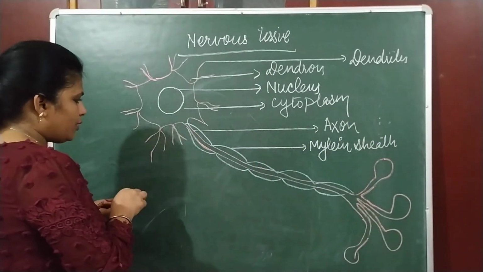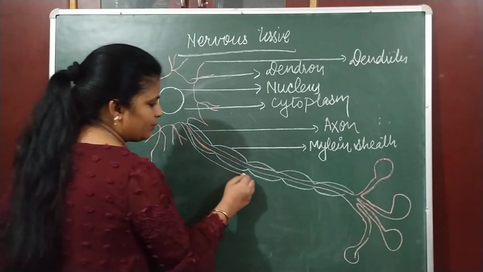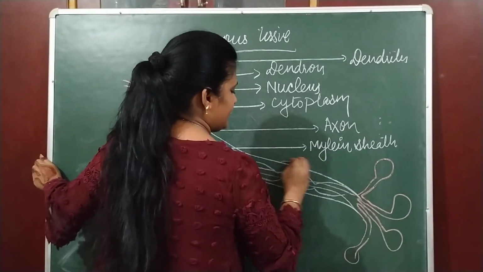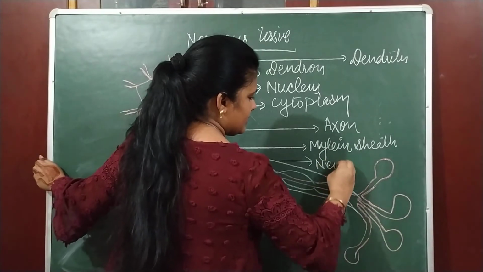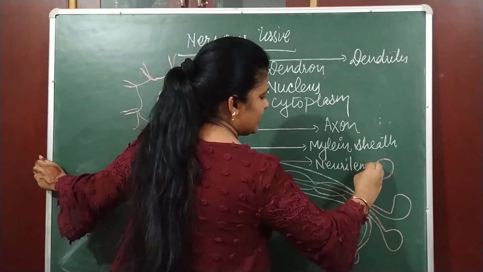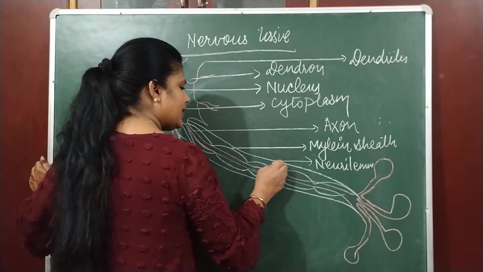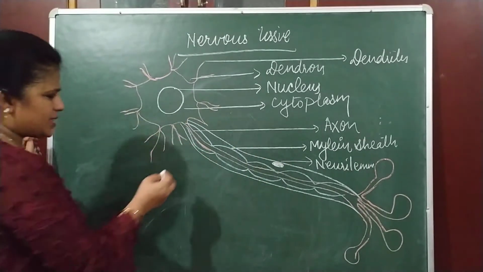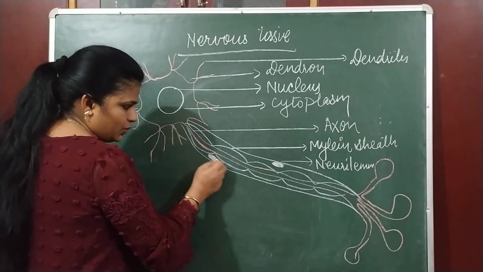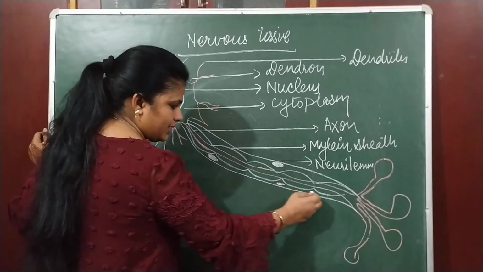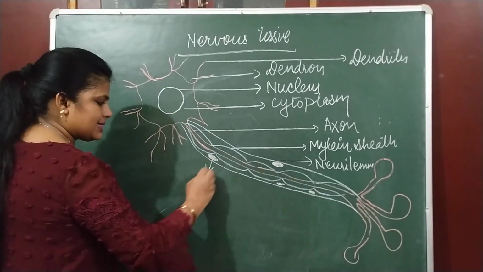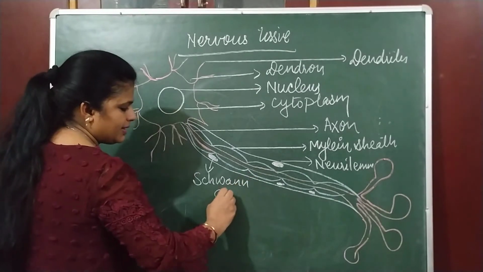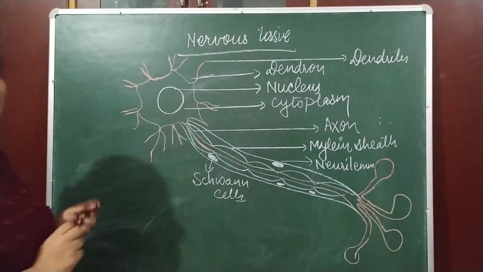Moreover, around that there is one more layer, that is the neurilemma. It is an additional layer which provides protection, and inside it we have a cell that is called Schwann cell. That is optional right now. If you do not want to learn it in 9th standard, you can skip this point. These Schwann cells help in secretion of myelin sheath.